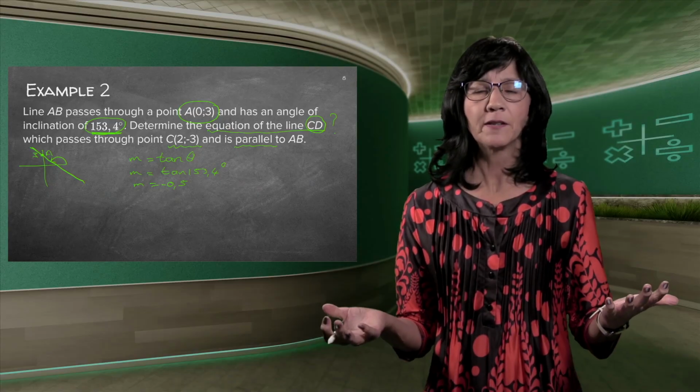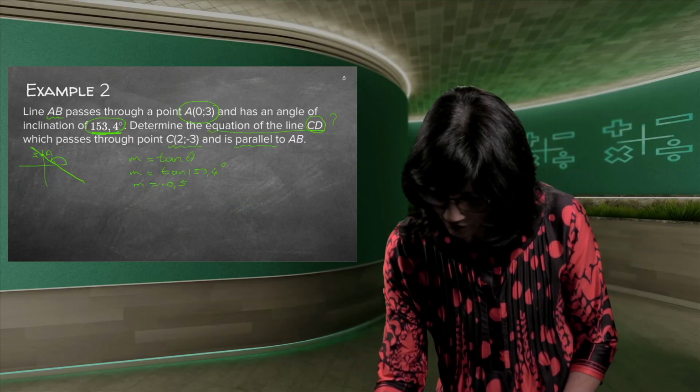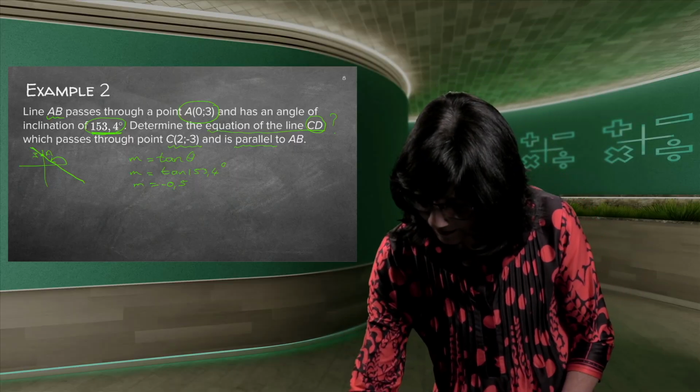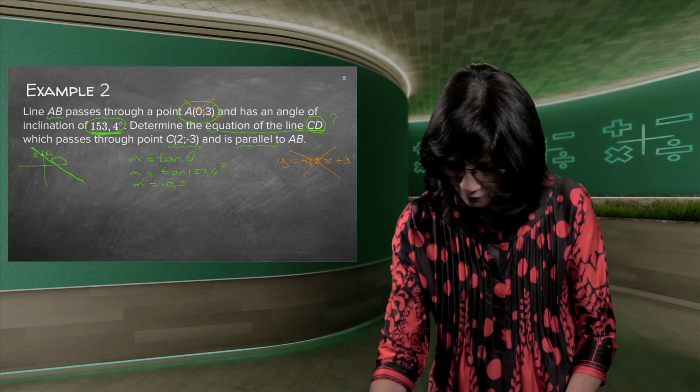Do I need to find the equation of AB? No. They told you there AB passes through that, but now let's just use another color. That information there is actually totally unnecessary. If they do ask you to find the equation of AB, I'm just going to quickly do it here. Then you'll say y is equal to minus 0.5x plus 3. Because they gave you the y-intercept. That orange is your y-intercept. But they did not ask that, so you don't need to waste time on that. You only needed the gradient, which you've got there.